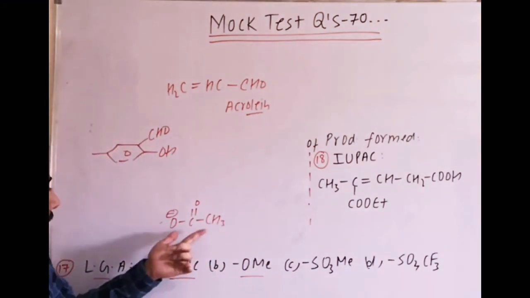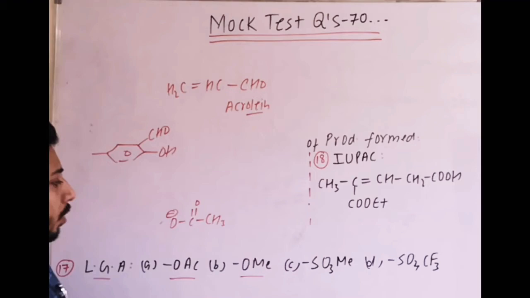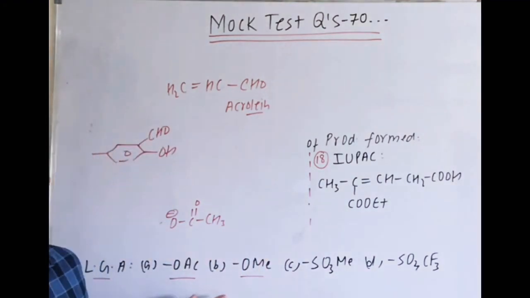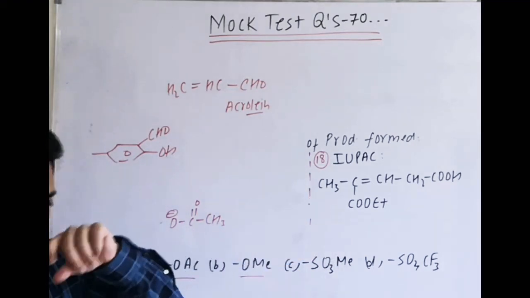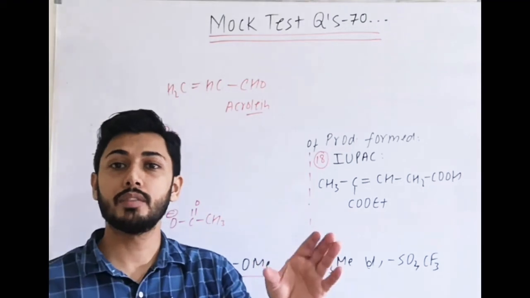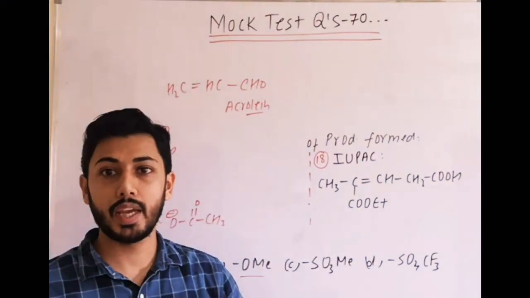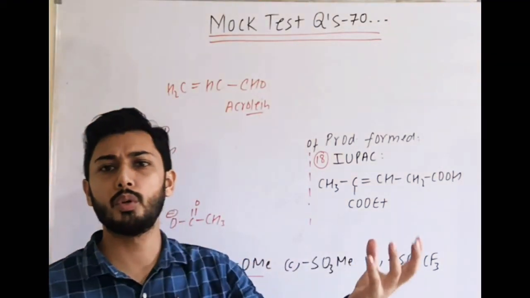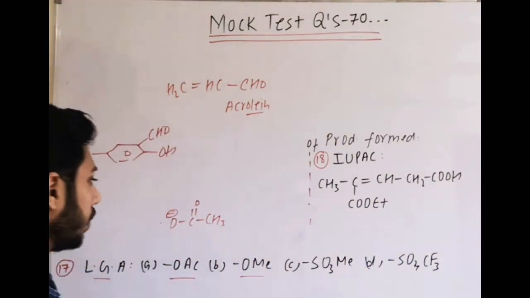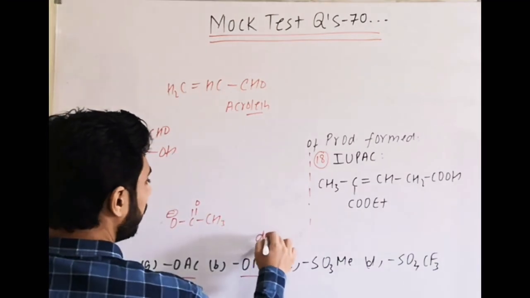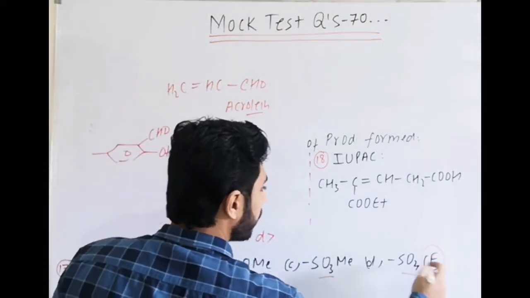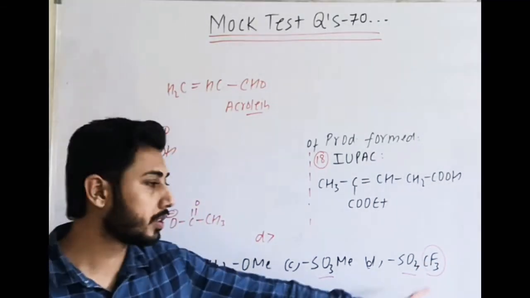So here you can see this is weaker as compared to CH3O minus. Here these are even better than these two. Why? Because there is more resonance delocalization. And then in the fourth case there is a withdrawing group also. So the negative charge is even more stabilized by the withdrawing group, and more withdrawing group means lesser basic strength. So among them the best leaving group is D, because this part of resonance is common, and the additional stabilizing factor of negative charge is CF3.